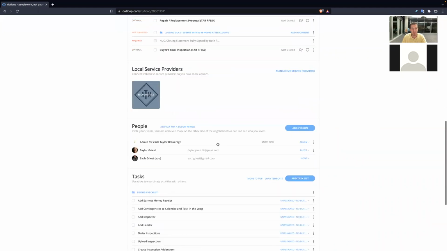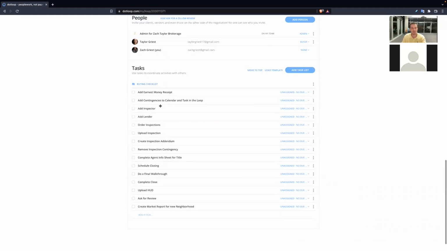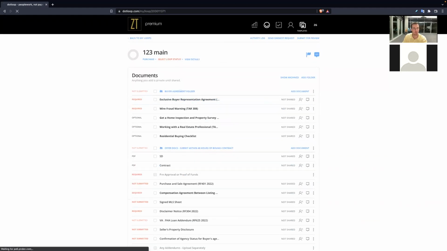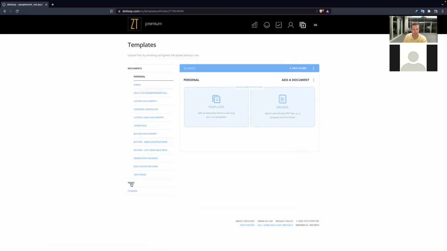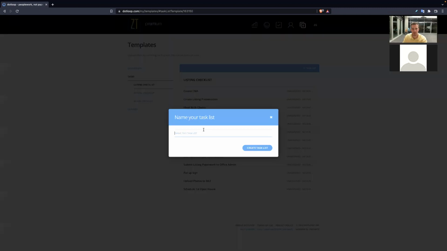So that would be creating a task list. Now, what we do is we have the listing templates already populate these tasks, but you can fully customize it further if you need to. So again, to do that, you would go to templates, you can go to tasks, and then now you can create your own task. If you're like, hey, I want to create my own task list, and I will title this